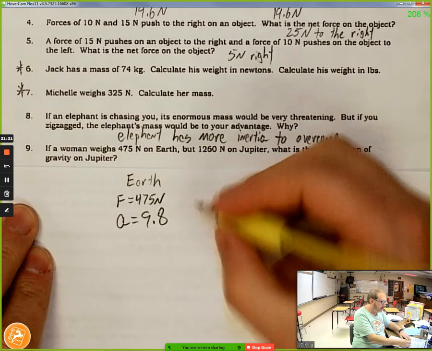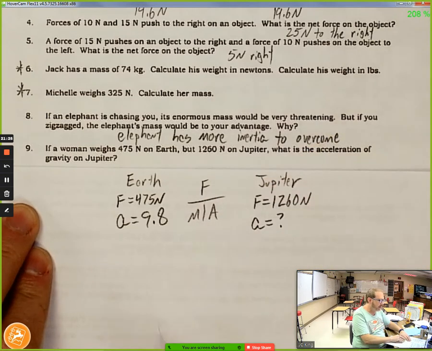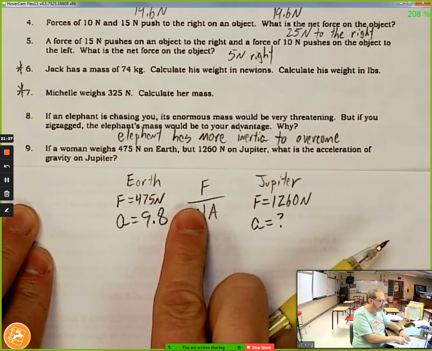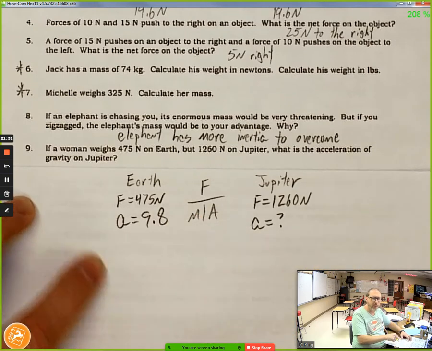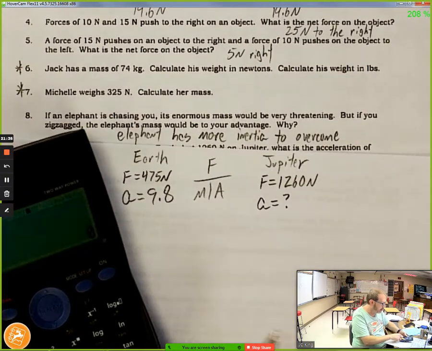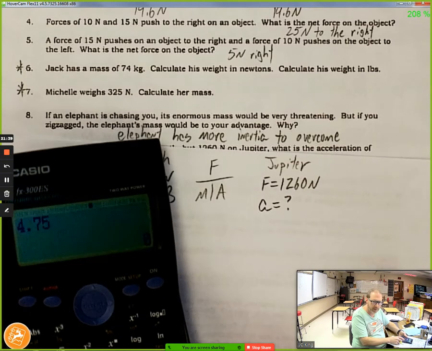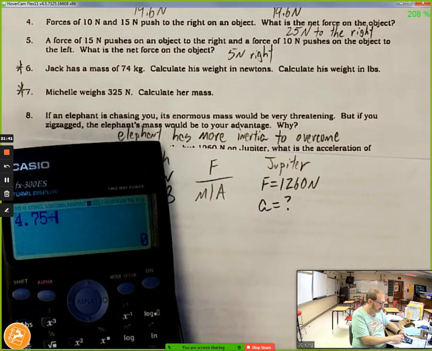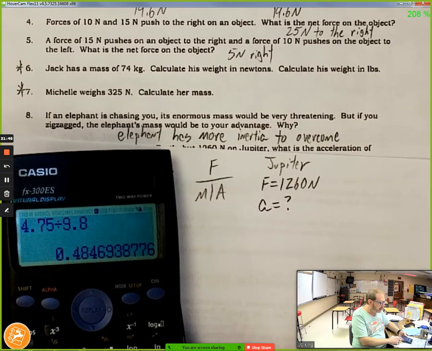So a little triangle, force equals mass times acceleration. So if I want to find her mass, I'm going to do force divided by acceleration over here. So 4.75 divided by 9.8. I'm not going to try and do that in my head. Let's see it divided by 9.8. So she has a mass of